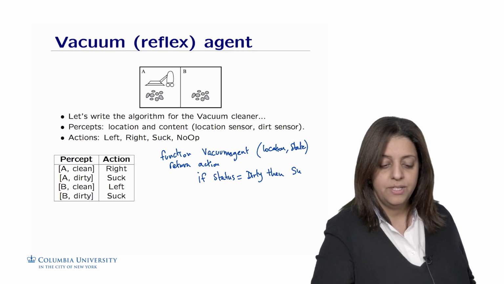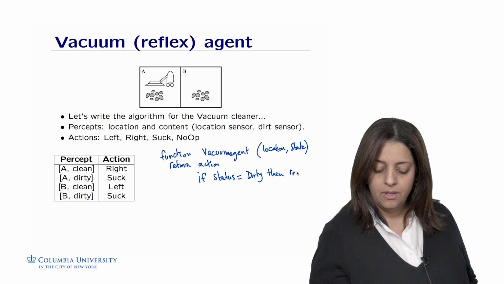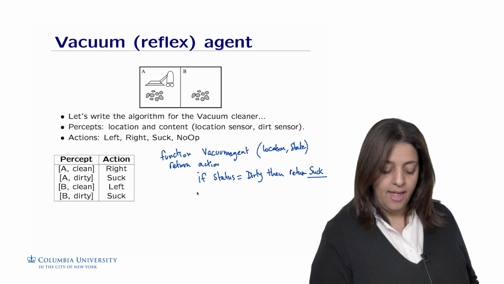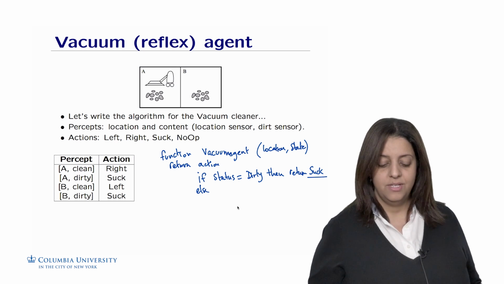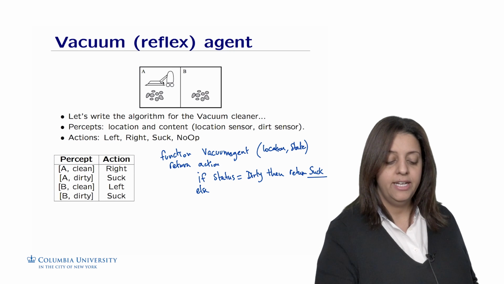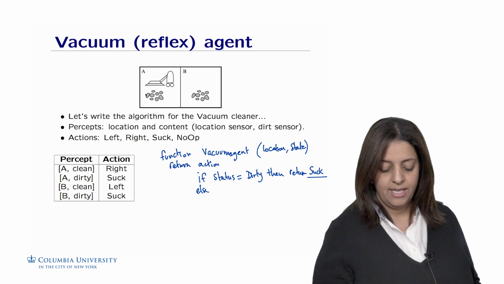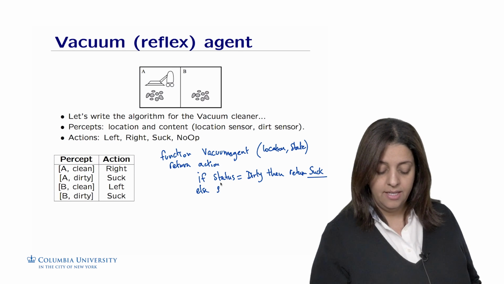But in this case, since we are returning an action, we are going to return the action suck, right? Else means that the status is clean. If we are here and the room is clean, we need to go to the next room. If we are here and the room is clean, we go to the left. So if the status is clean, then